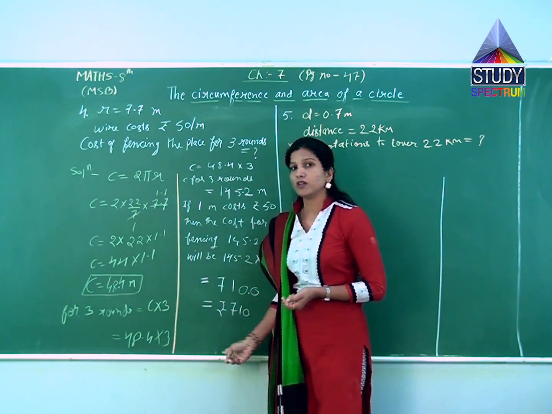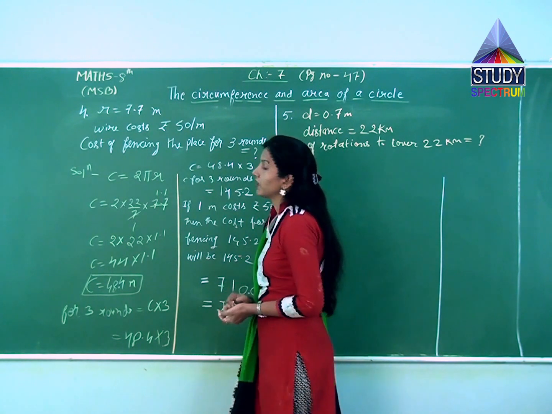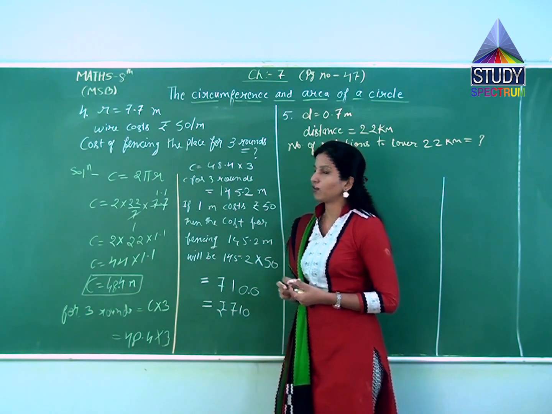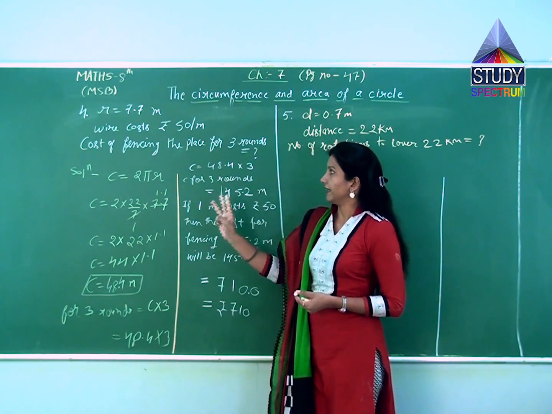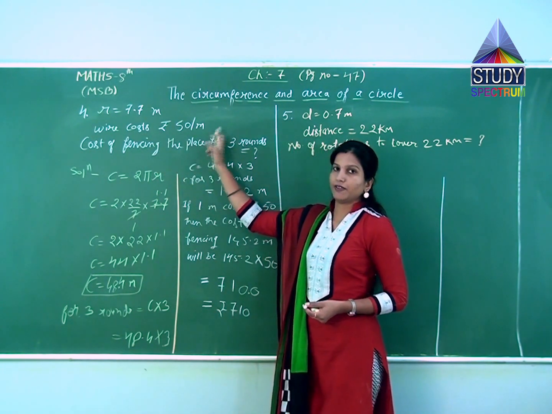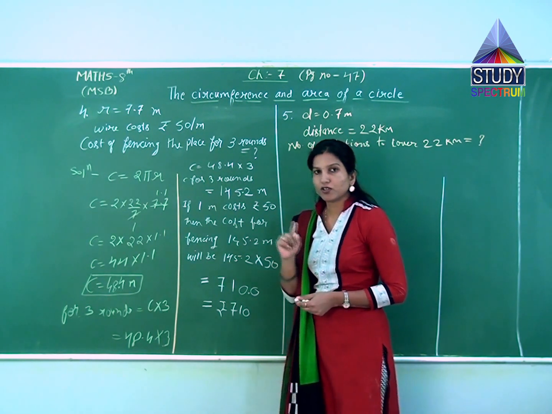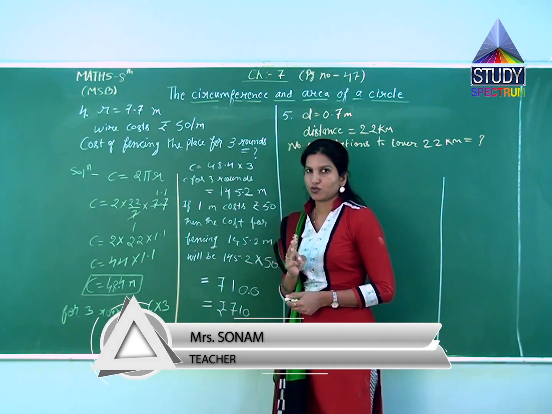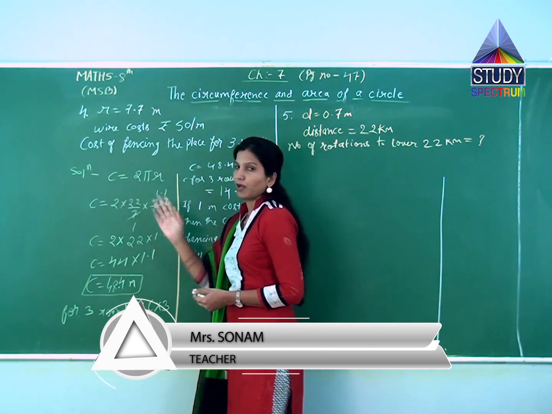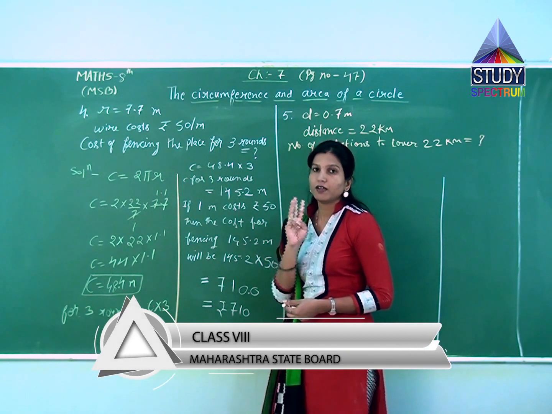Why is it denoted in rupees? Because this is the cost of fencing. What have we done? In the question we have been given a circular place and we have to fence it 3 times, and the wire used for fencing costs rupees 50 per meter. Then what will be the cost of fencing the whole circular place? We have to first derive the value of C, then multiply it by 3 because we need 3 rounds.